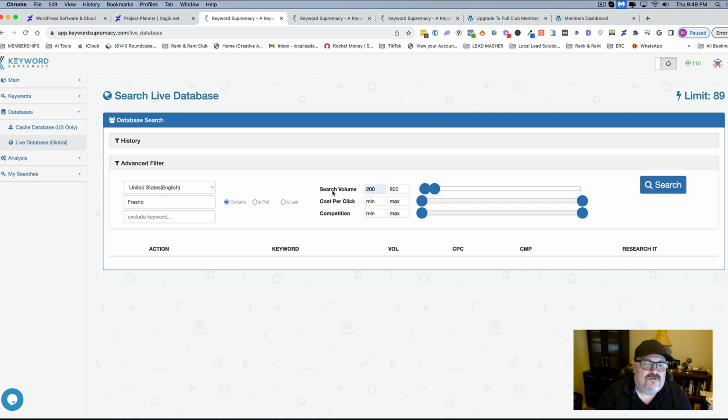So we're looking for search volumes between 200 and 800, and later we could go from 800 to 1,000, or 800 to 1,200, something like that. This is just keyword research status here. We're going to start off with a cost per click of $5, because we want to have somebody bidding on it. It has to be traffic that's worth something. And then for competition, we're going to go 0.3. We want to have some competition, but nothing super hard.